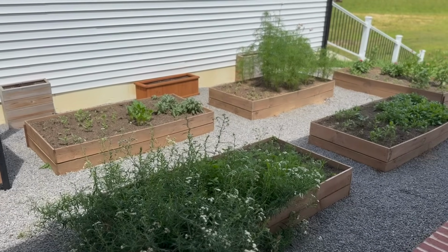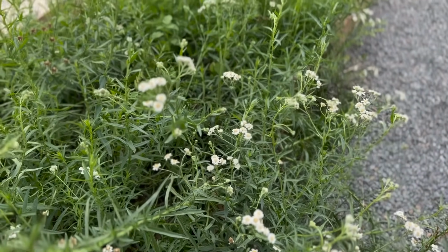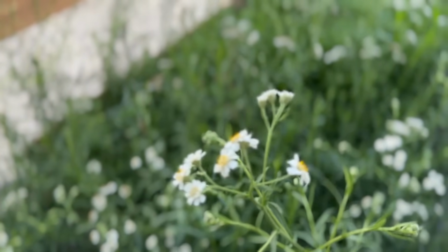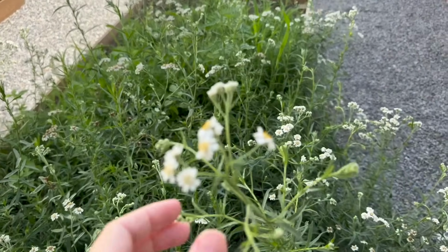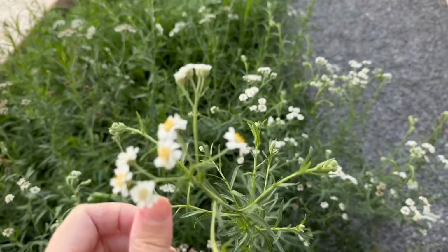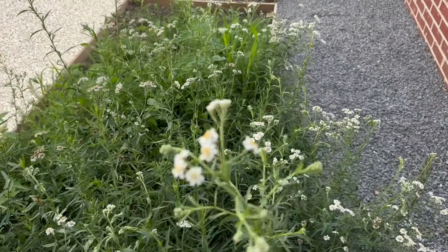Here's the garden at the moment. Flowers are starting to bloom. Here we have our baby's breath. It's honestly not looking the healthiest, but I feel like it may snap out of it. Honestly hard to say if it will or not, but it's got little blooms all over, and it's starting to go down the stem, so I feel like it'll get fuller as it goes,